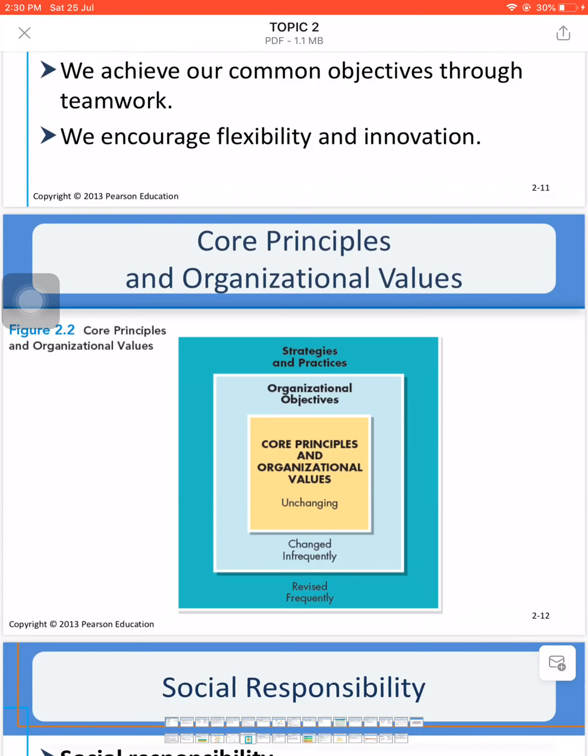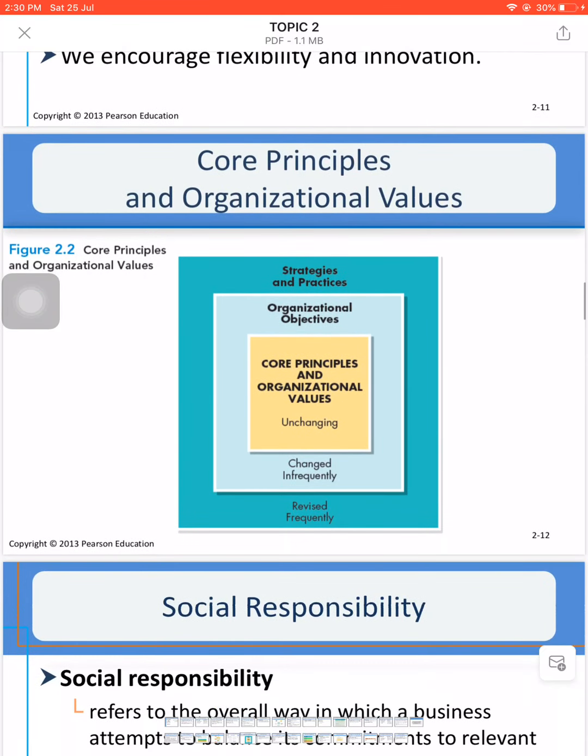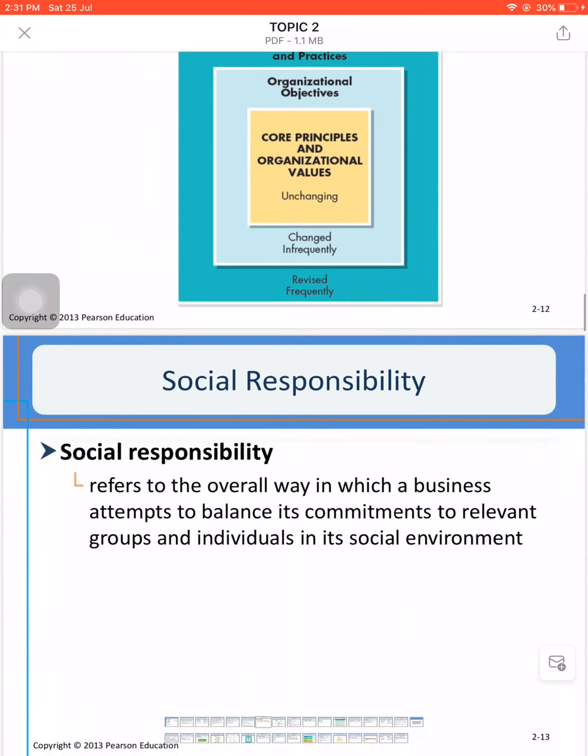If you look at your slide, if you see the strategy and practices, they are revised frequently. Organization objective also sometimes changes infrequently, but the core principle, the organization values, the ethics, won't change, unchanged. You have to follow. Once the ethics is already set, you just have to follow. You don't have to change it. Okay. Next is